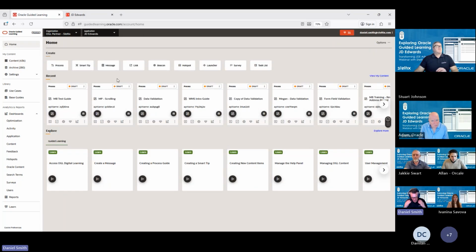So at the beginning, I showed you that message, which was month end is approaching. This is where you create the different content types. The process guide was the actual stepping through the actual process. The smart tip was those little question marks that displayed information. The message was the actual message that presented itself at the beginning. And I haven't shown you a lot of the other stuff as well, like surveys. But if we wanted to do a message,